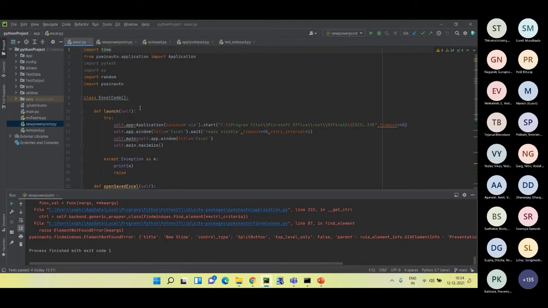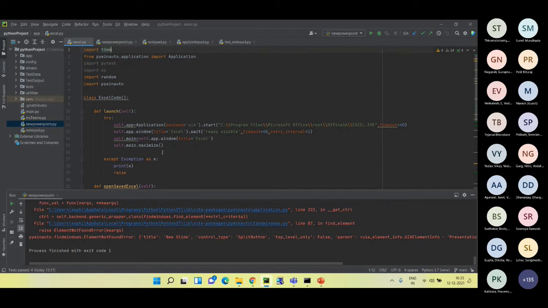After that, let's say I want to define a method called launch. The nomenclature is to have the def and the name of the method, and self is kind of like a constructor or an instance of that particular class. This is the nomenclature that we need to follow. And then we hold this code inside a try except block, so that if there is any kind of exception, it is handled.